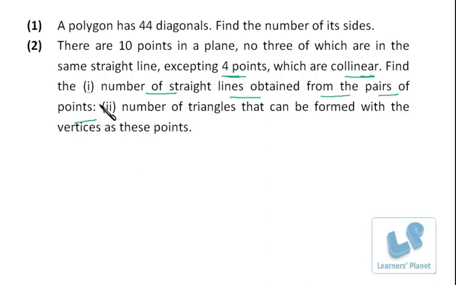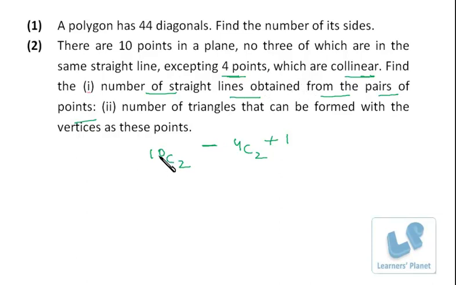First of all, let's calculate that. It takes 2 points to make one line, right? So the total number of combinations taking 2 points together from 10 points will be 10C2. So in all we will be getting these many lines, but there are 4 points which are collinear. So we have to eliminate the combinations formed by these 4 points, that is 4C2. Further, we will be getting exactly one line if we match all the 4 points, so I have to add 1. So this is the total number of lines which we are going to obtain from these 10 points, out of which 4 points are collinear.